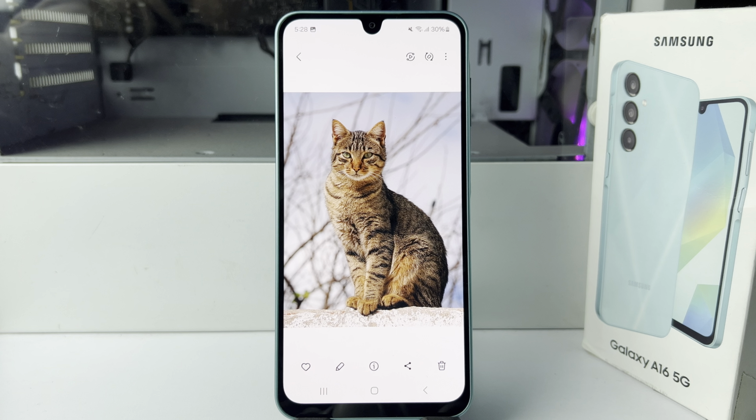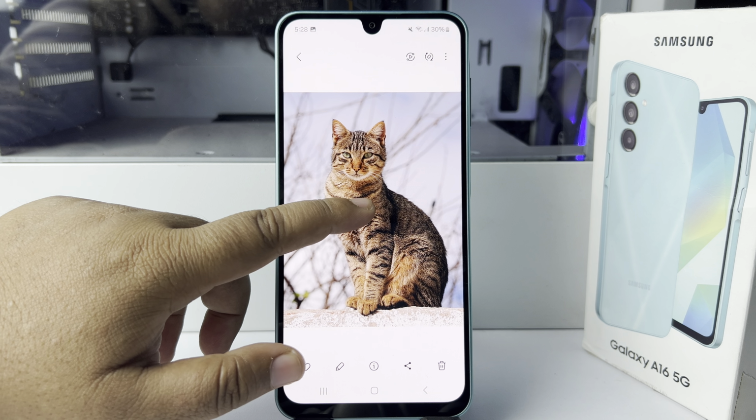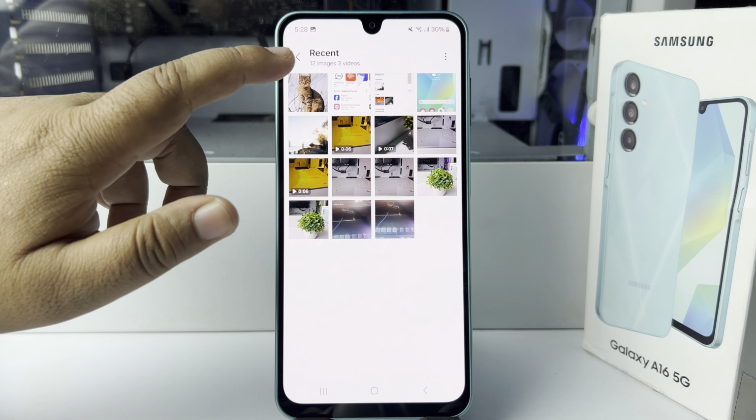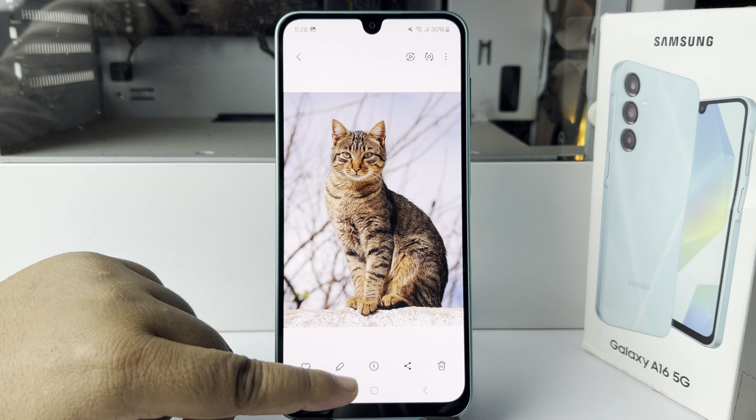Here I'll show you how to create a sticker using your photos in Samsung Galaxy A16. So here's my picture. I want to make a sticker with this image. So opening the image and tapping on edit,